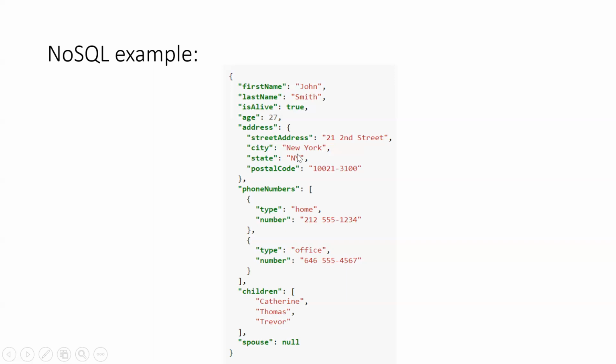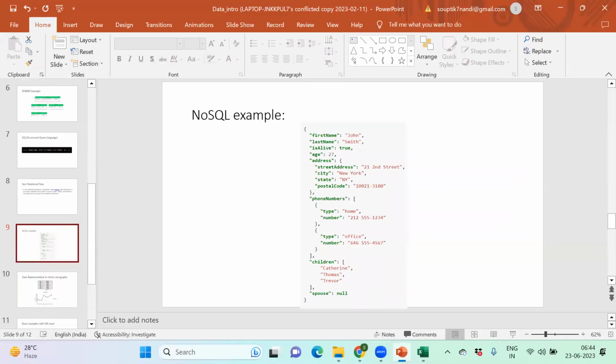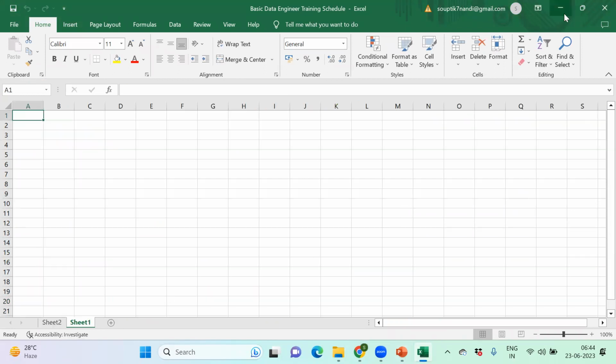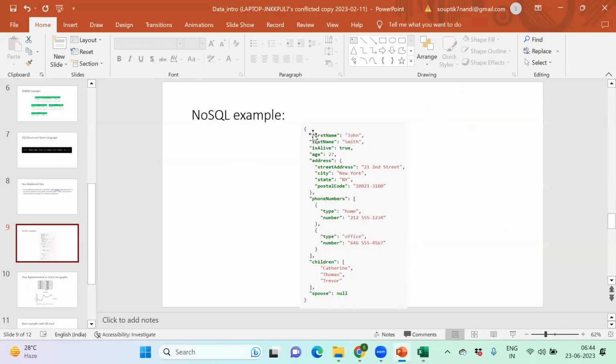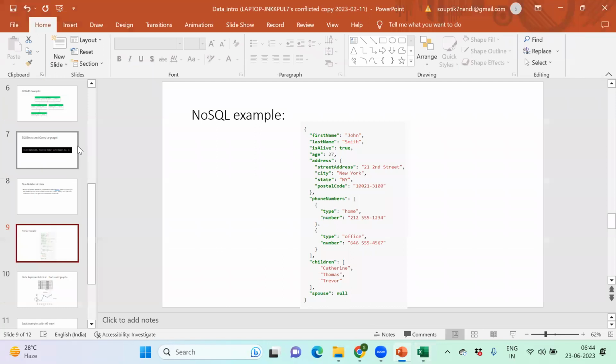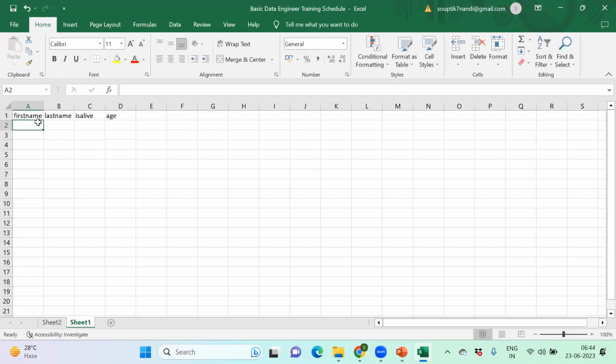Let me show this with an example. If I try to convert this into SQL: first name, last name, is alive, age, address. The data should be just like this.